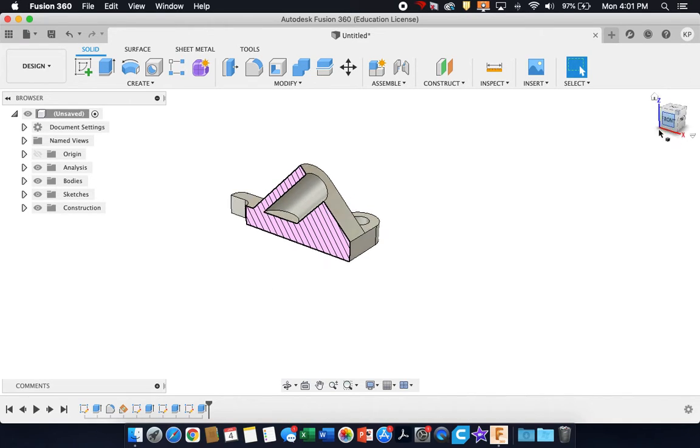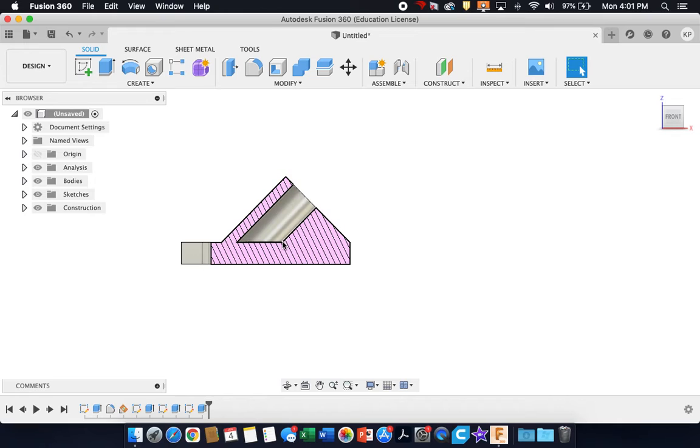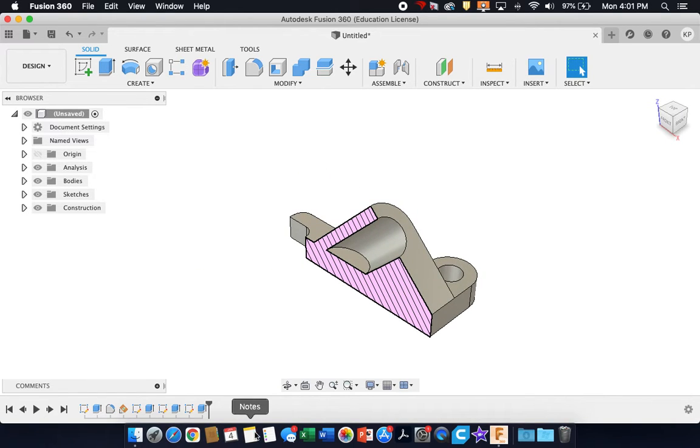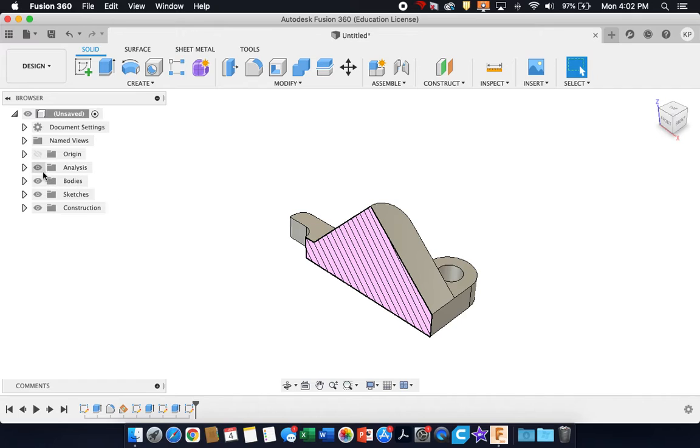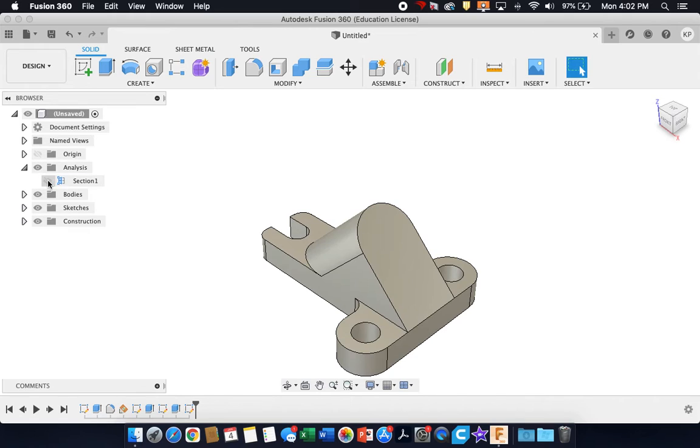And if we look at this, this shape is actually impossible to manufacture in any way except for something like 3D printing. So in order to change this to something that is manufacturable, what we're going to do is we're going to go back and find that feature, and we're going to delete it, and I'm going to show you how to put it in a way that can be manufactured. So let's take our extrusion, which is that hole, right click on it and delete it. And if we want to turn off that section analysis here in your browser, if you click on analysis, there's the section view that we created. You can turn that on and off. It's just a visual thing. So we're going to turn that off so that way we have the full part here